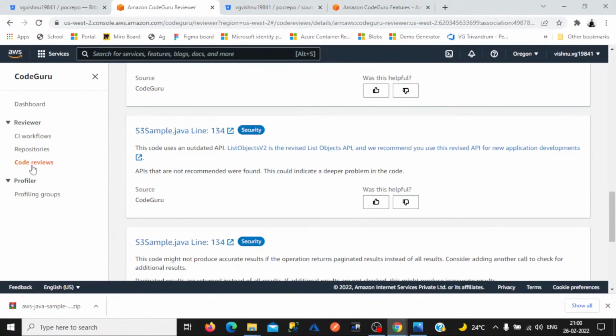So in a similar way you can do the profiling as well. So time is already gone. What we can do is, at the time of logging into Amazon CodeGuru, Amazon Web Services itself gives a sample for both the code review and the profiling. So profiling also you can follow in a similar way. There will be an association of that profiling with your code base. So if you look here,